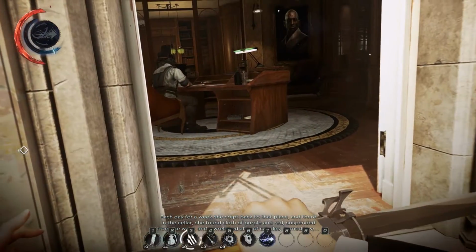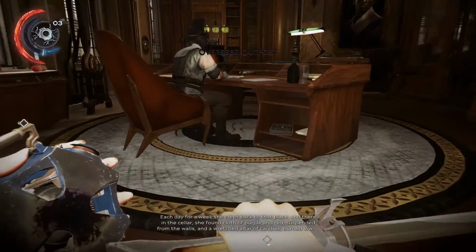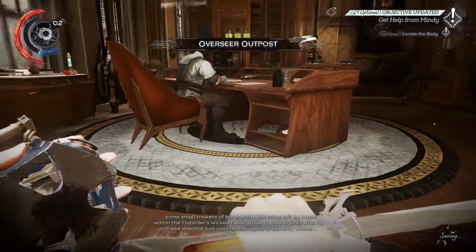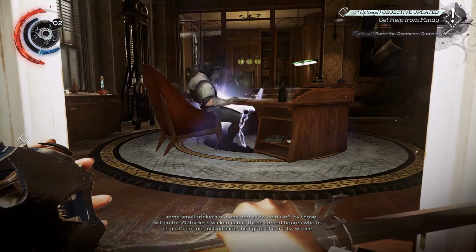Let me get in here. Ooh, who is this? Who in the world is this? Overseer Outpost. Objective update. Let me just plant one of these. I don't know if it actually goes off if...